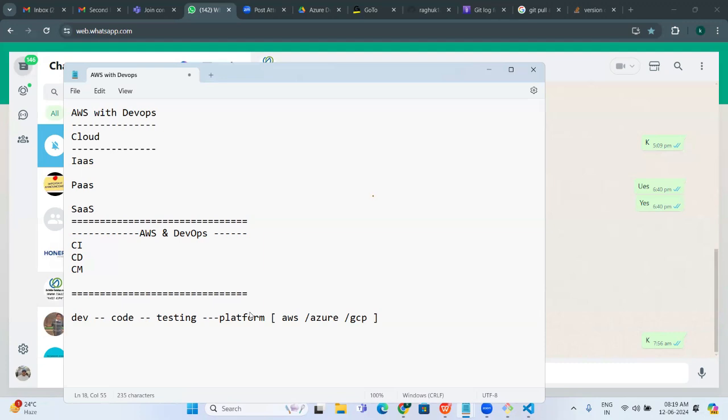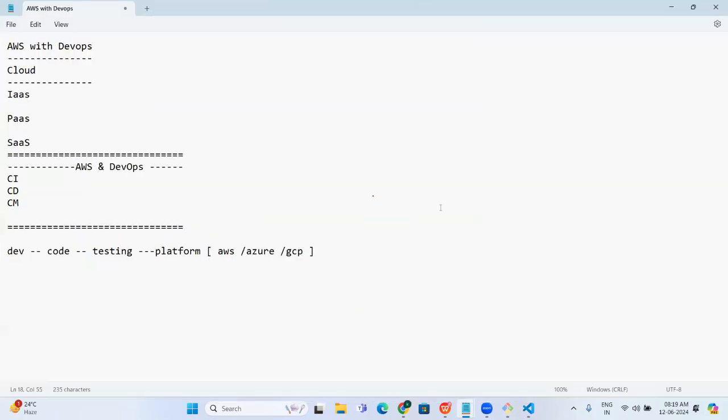So what are the things we are going to cover here? In this particular session, we'll have separate sessions for Azure and Azure DevOps. But at this moment, in AWS, we'll cover the Solution Architect Associate, SAA-C03. C03 is the latest certification.